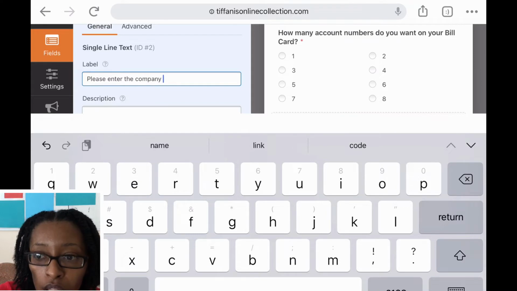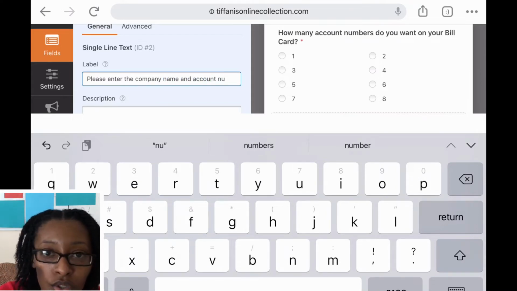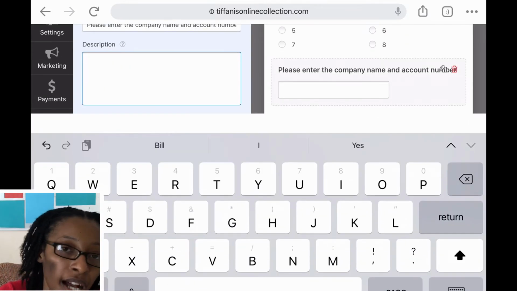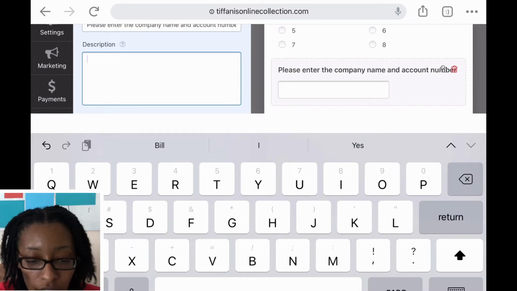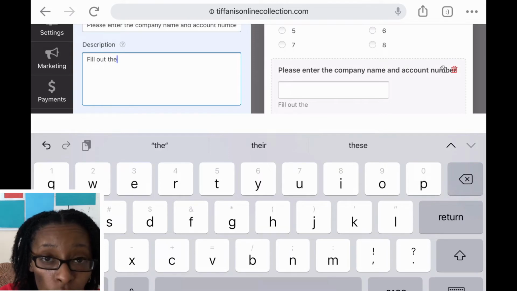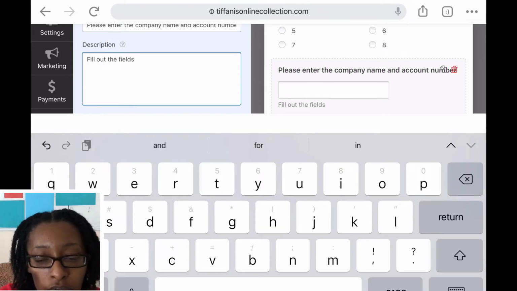So this is where I will ask, okay, how many account numbers do you want on your bill card? Then they will answer using the multiple choice. And then I will create other fields with the same type of